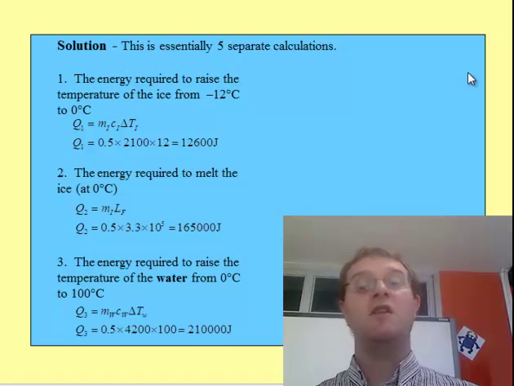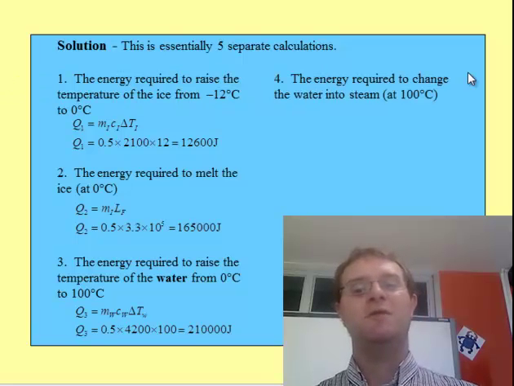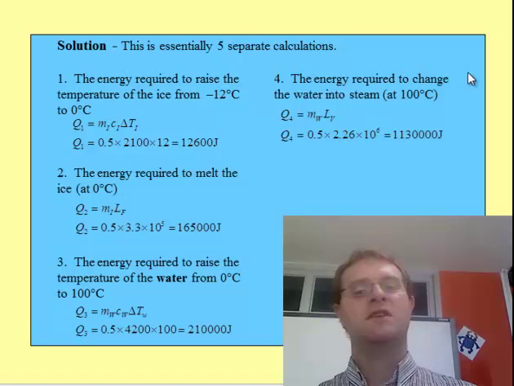When we reach 100 degrees, we reach another state change. So here we need to think about the energy required to change water into steam. And again, we're considering latent heat here, but now we're talking about latent heat of vaporization. So the amount of energy is going to be equal to the mass of the water multiplied by the latent